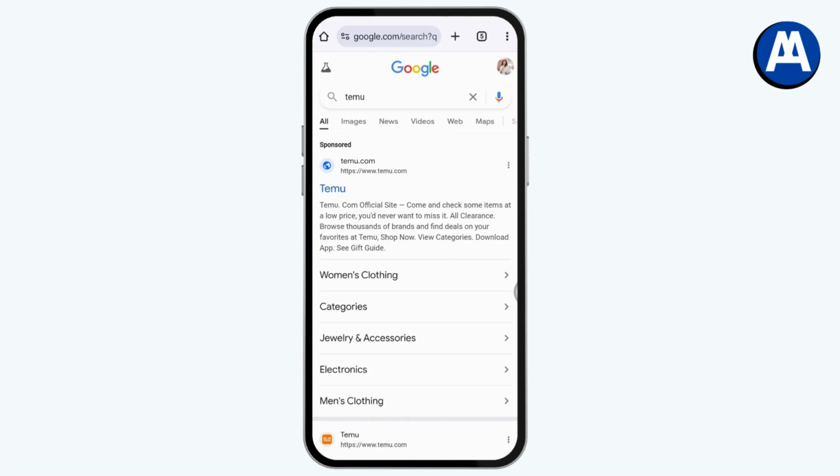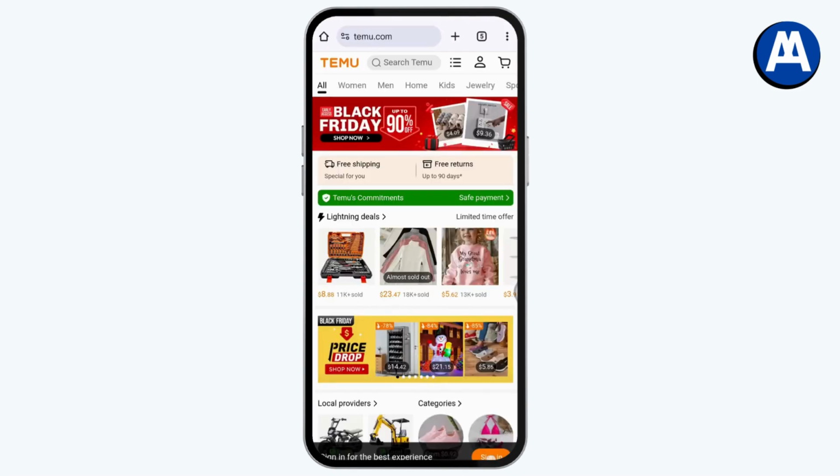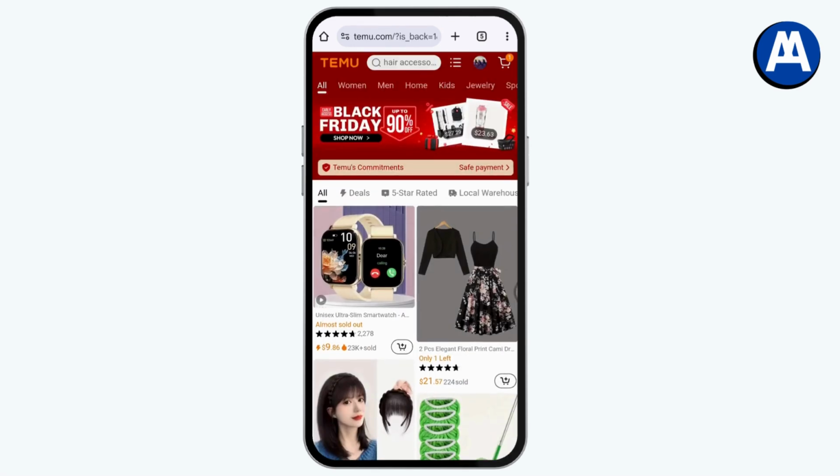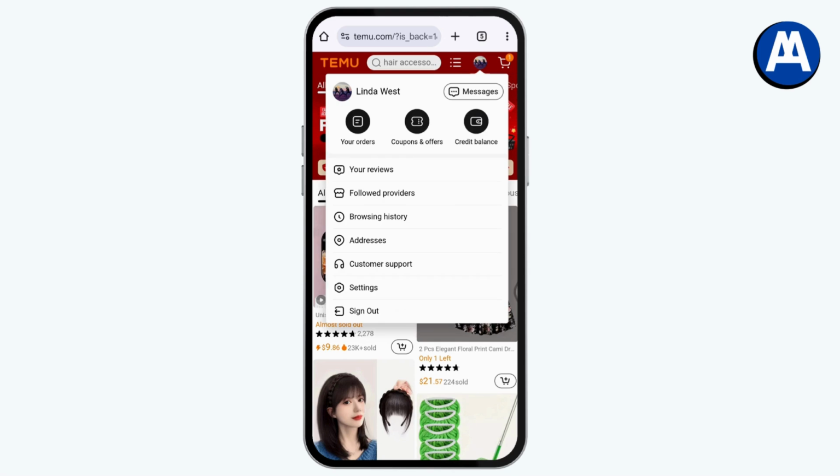You just need to simply go to www.temu.com and make sure to sign into your account. Go with sign in, which is on the bottom right. Now once you've logged in, you just need to simply go with the profile option, which will be on the upper right. Tap on profile, and once you tap on your profile, you will have an option of coupons and